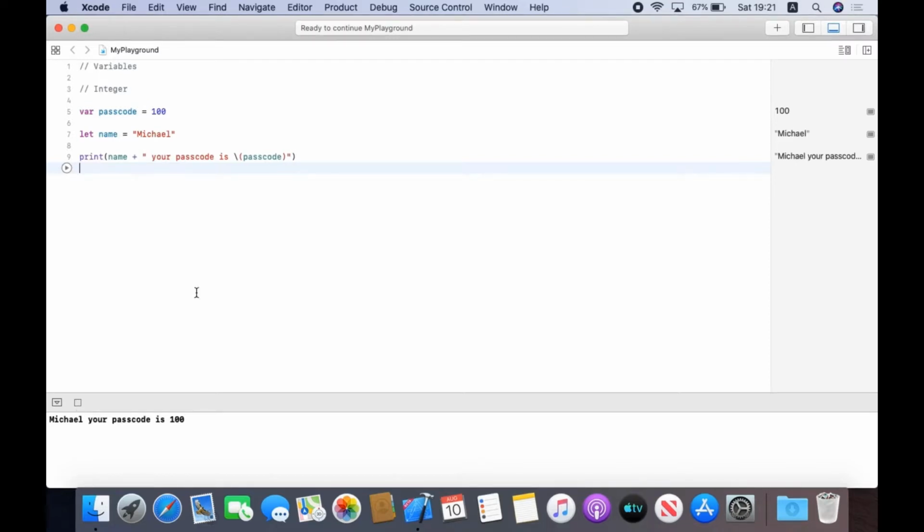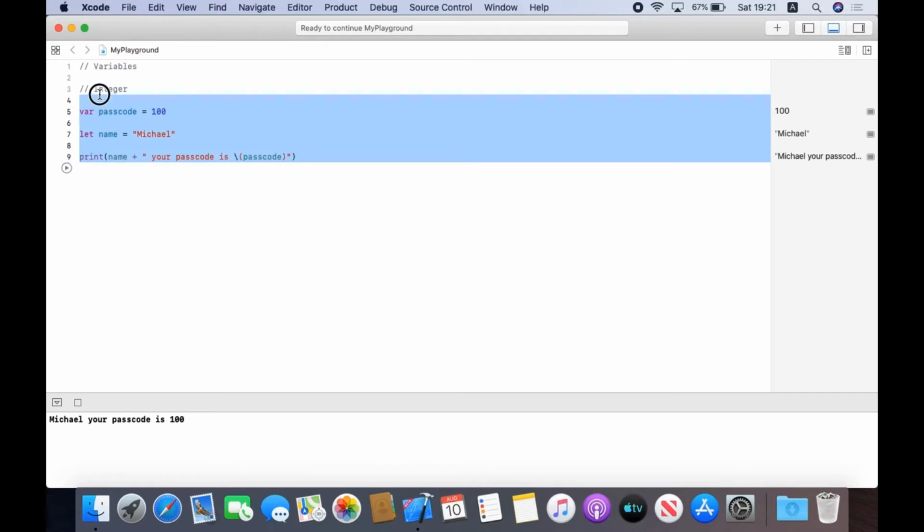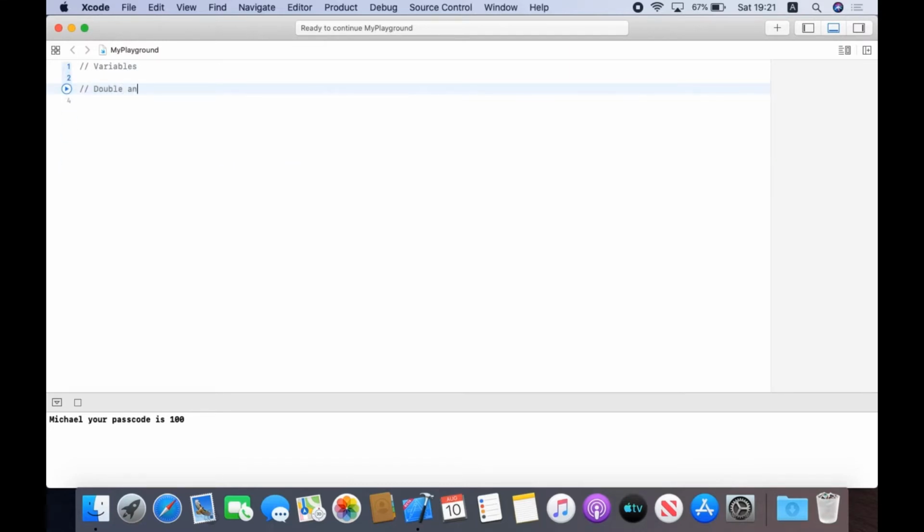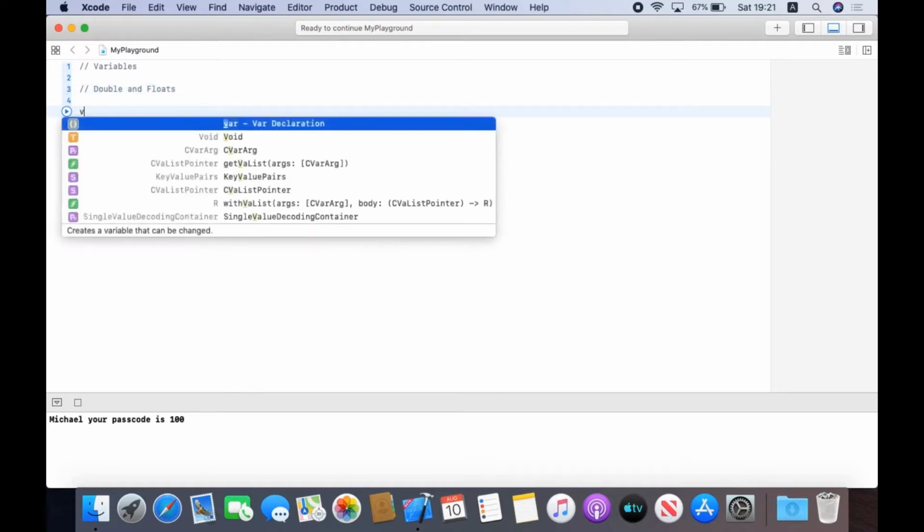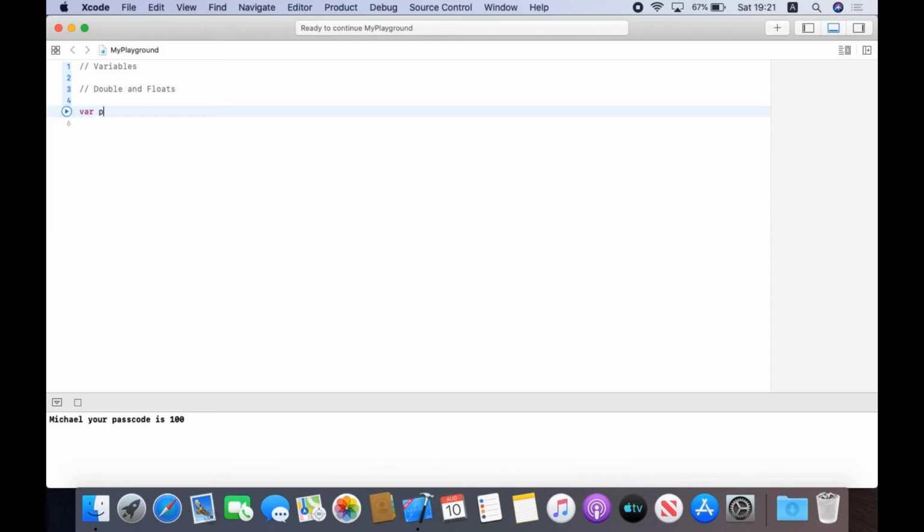Now if you wanted to do something with a bit more accuracy mathematically, then we don't use integer, we use something called a double. In fact, let me just delete all that and write up double up here. In fact, we'll write double and floats. I'll explain why in a moment. So to declare a double, I can't really think of an example on a logging screen when you do decimal places. So let's use pay rise here instead. So let pay rise from your employer be